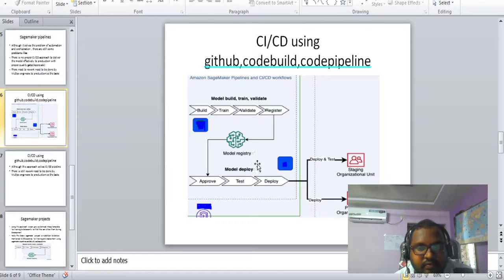Then the approval and testing deployment is done using CodePipeline. So this is how we can achieve the CI/CD implementation, making the ML lifecycle pipeline very robust and automated.